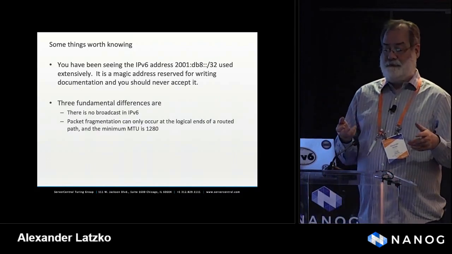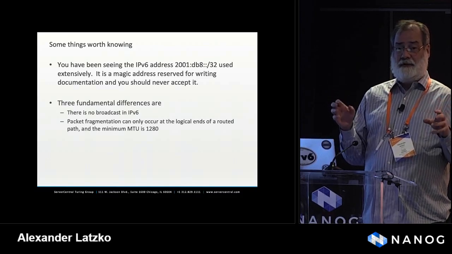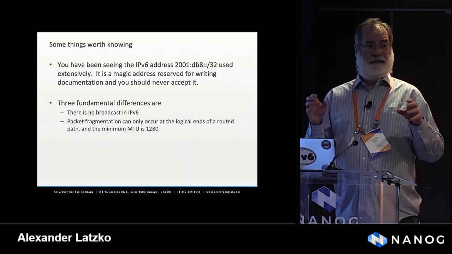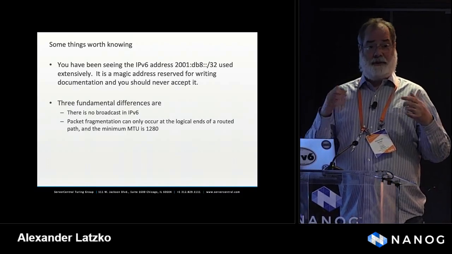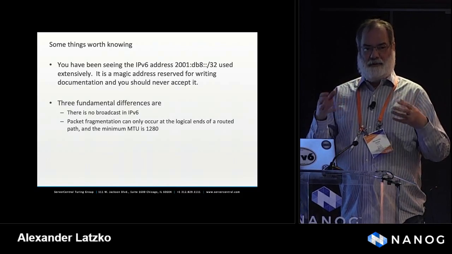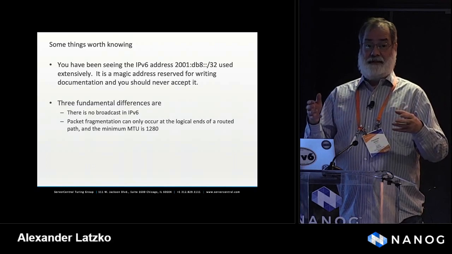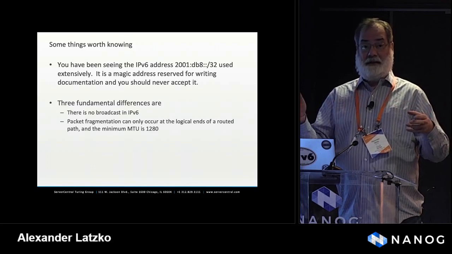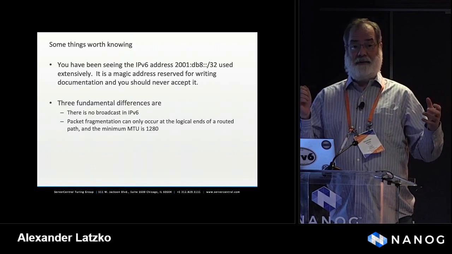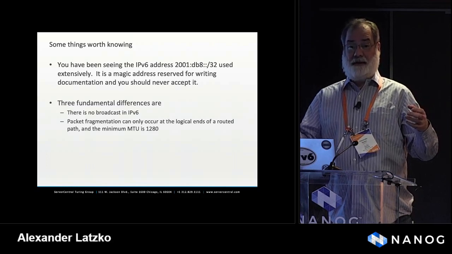Packet fragmentation can only occur at the logical ends. If you were here for Paul Ebersman's DNS talk yesterday, was anybody here for that? Okay. So Paul was talking about why you can't globally filter ICMP for DNS because of packet sizes. Well, that's the reason you can't fragment in the middle like you can with IPv4. Whatever goes in the wire has to come out of the wire, and PMTUD, Path MTU Discovery, uses an ICMP command